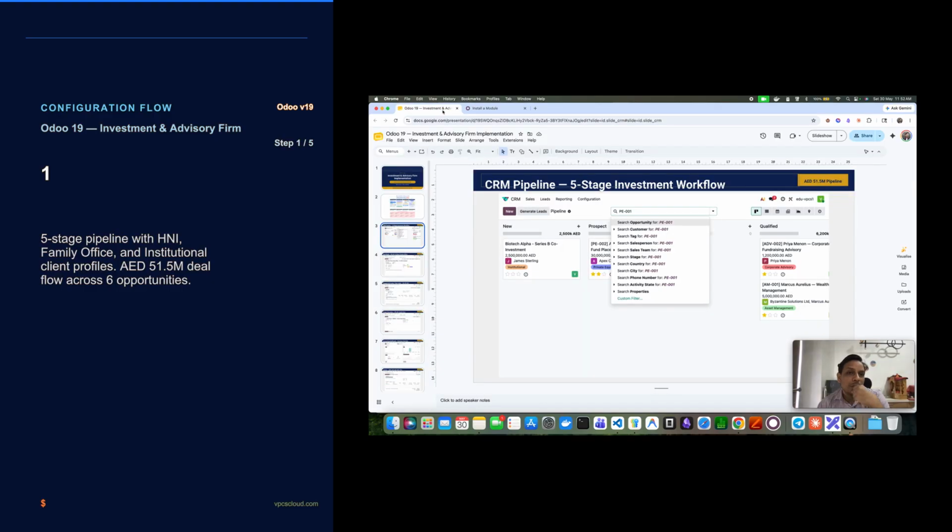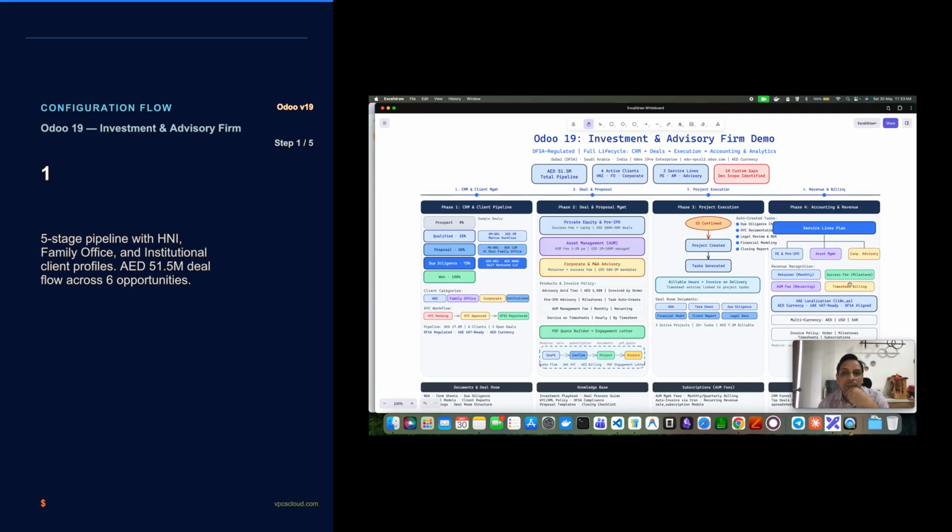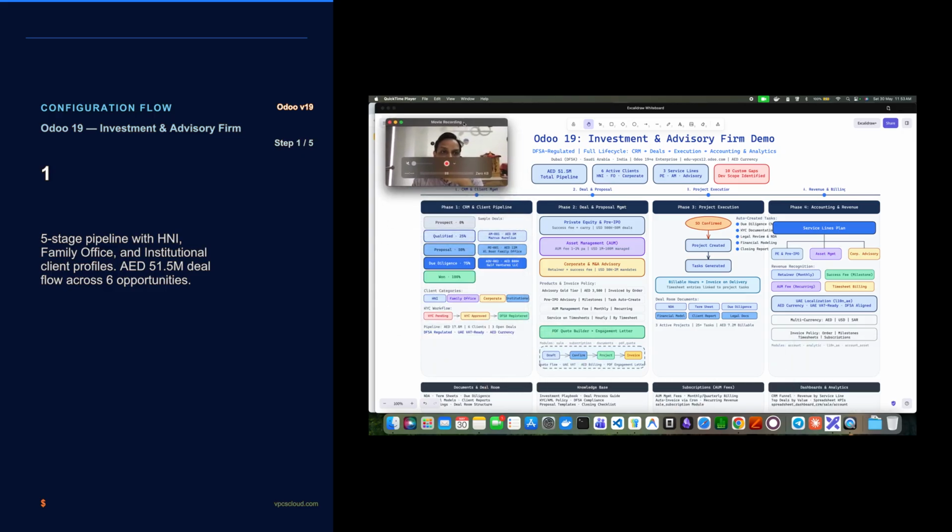And I have prepared one presentation for you where I will explain this functional diagram for the investment and advisory firm, and if they want to map everything inside Odoo, how they can map it. So first I will start with this diagram, where you will get an idea about the investment and advisory firm demo, where we have a full life cycle. We will start from CRM, then from CRM, whatever the various customers,